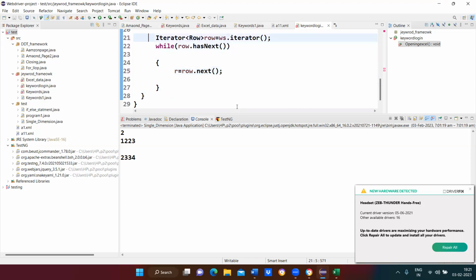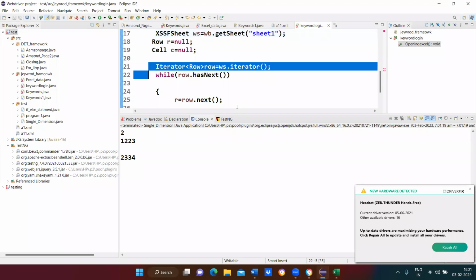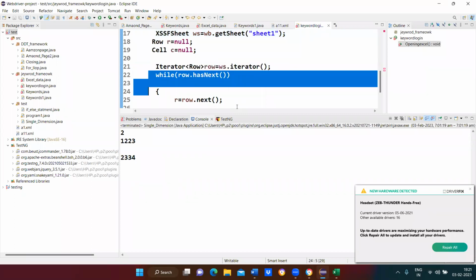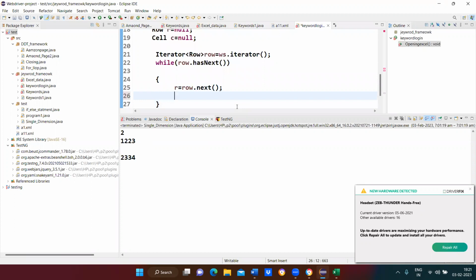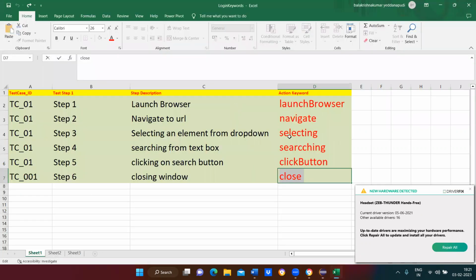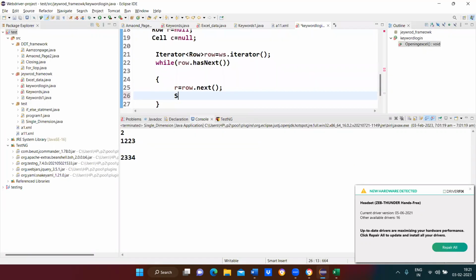Okay. So here what I'm doing, I'm going to iterate the number of rows. After that, I want to check the first condition. If there is any row, then automatically I need to create a variable for this string. I need to create a variable for this column. So for that, I'm going to use a string variable